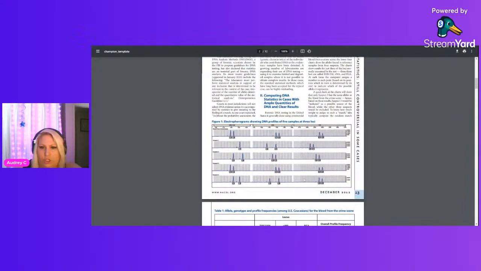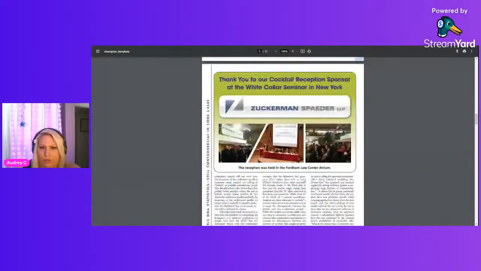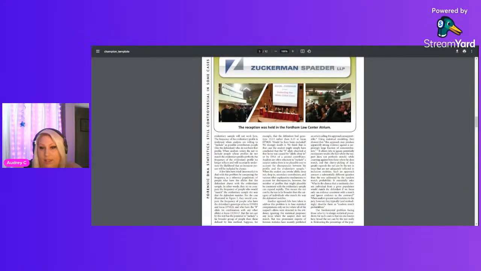However, when it comes to low copy DNA, there are still some techniques that are still used. And this one that I'm about to go over, I am curious to see if this technique is still used, because